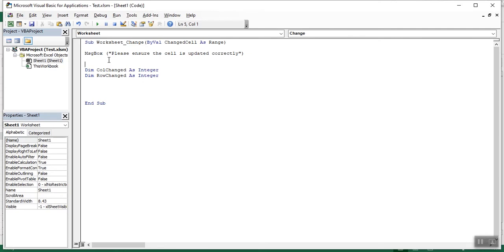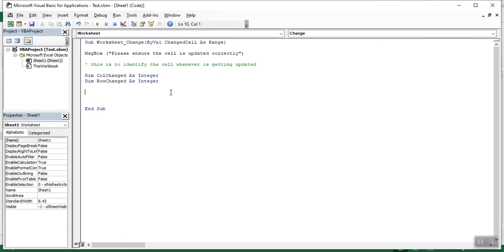For better identification, you can also write a comment to identify the cell. Once you put an apostrophe, it means this line is not going to be included in your VBA code. So you can write your message however you like for better understanding and identification.